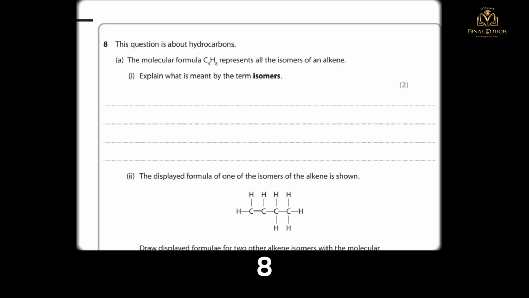So for question 8, this question is about hydrocarbons. Part A1 tells us the molecular formula C4H8 represents all the isomers of an alkene. Explain what is the meaning of the term isomers. So if we look into it, isomers are simply